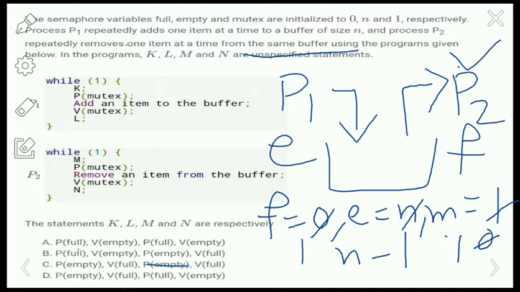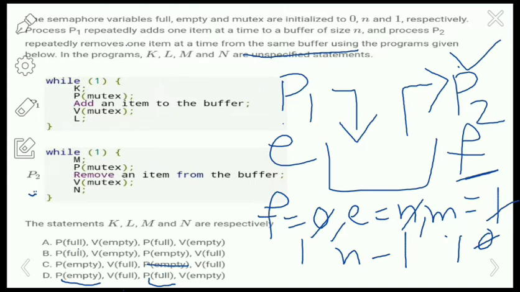So down means it is going to decrement the value, and the up operation performs the increment on the semaphore. Next is the consumer code, P2. P2 is going to first check the semaphore full, and P1 checks the semaphore empty. So P2 performs P of full, which means it is going to consume the data, so we perform the down operation on full.